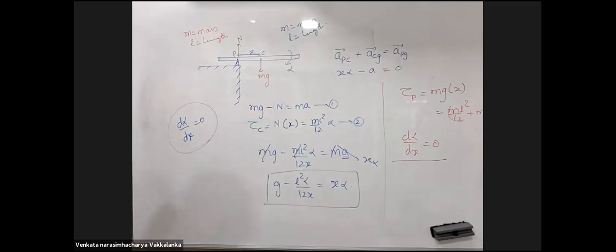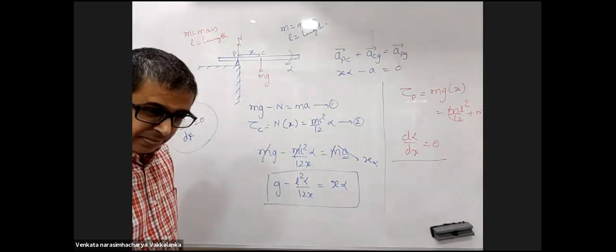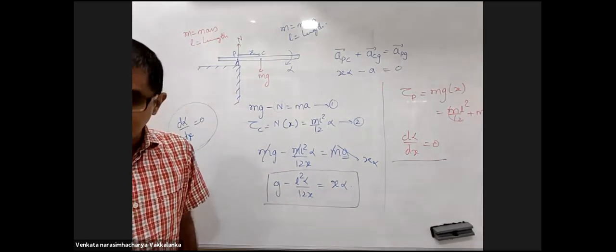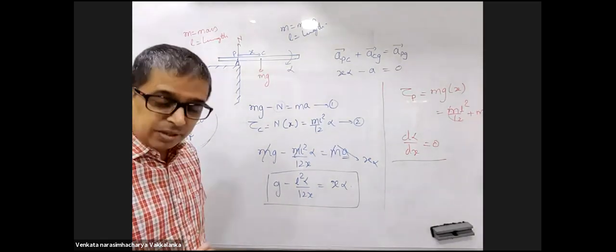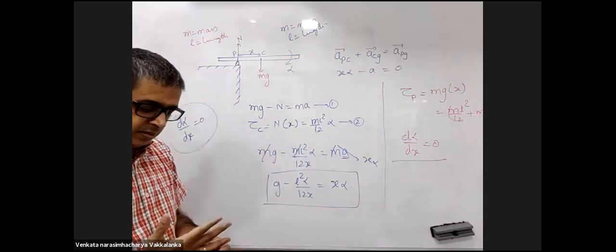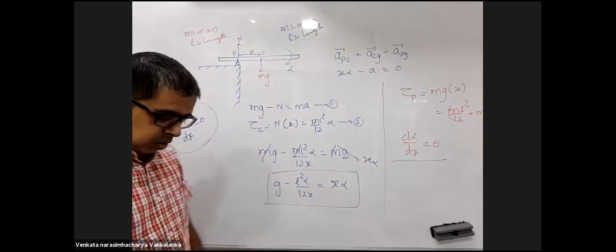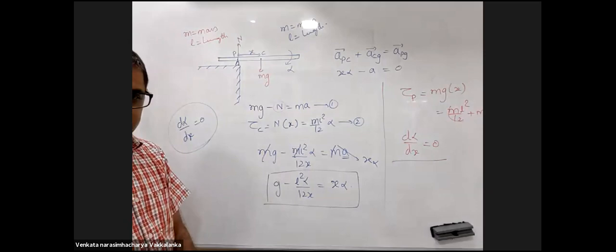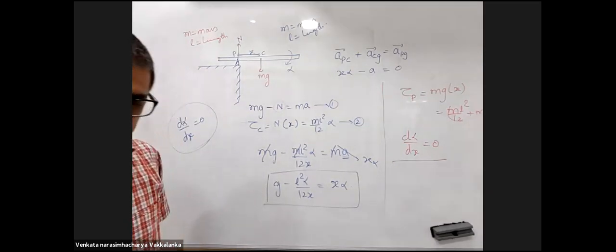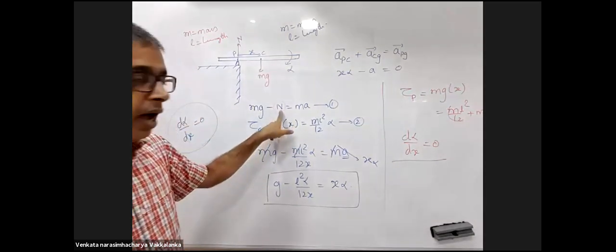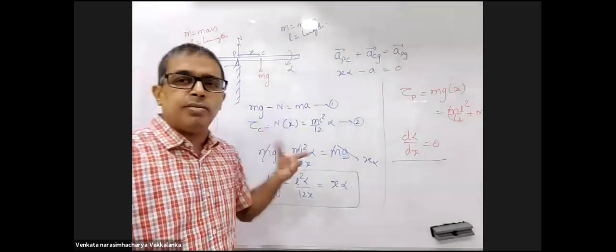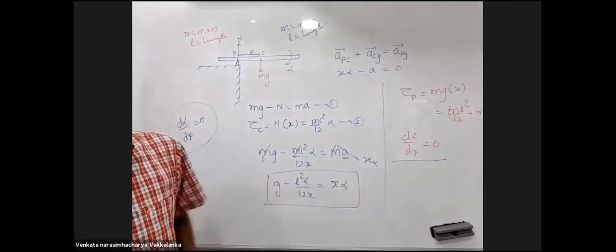Yes, sir. Is x equal to L by 2 root 3? I don't have the answer. If all of you get that, that's the answer. L by 2 root 3, no? L by 2 root 3. Yes, I got it. So sir, basically in the second method, there's no need of the translational dynamic equation, no? N didn't come at all in your equation, so there's no question of eliminating it.